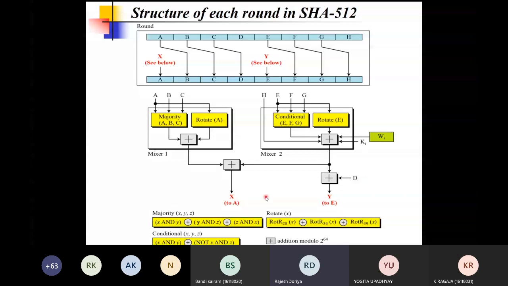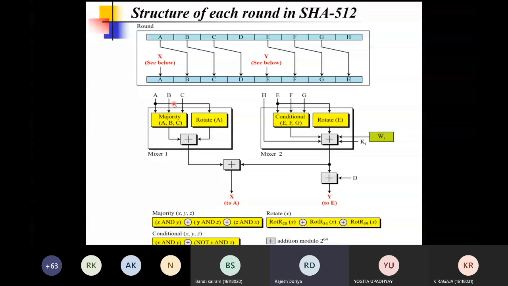So what is being done in order to calculate these 2 values? First, we gather all the buffer values from A to H. Then all these buffers go through some bitwise operations and mixing operations.